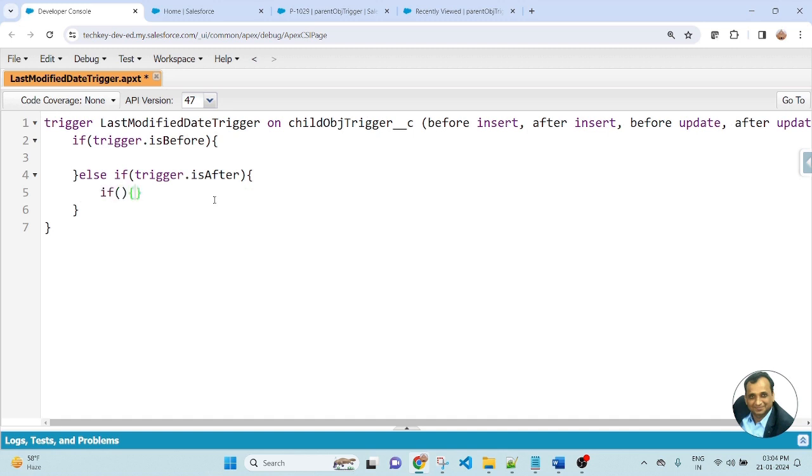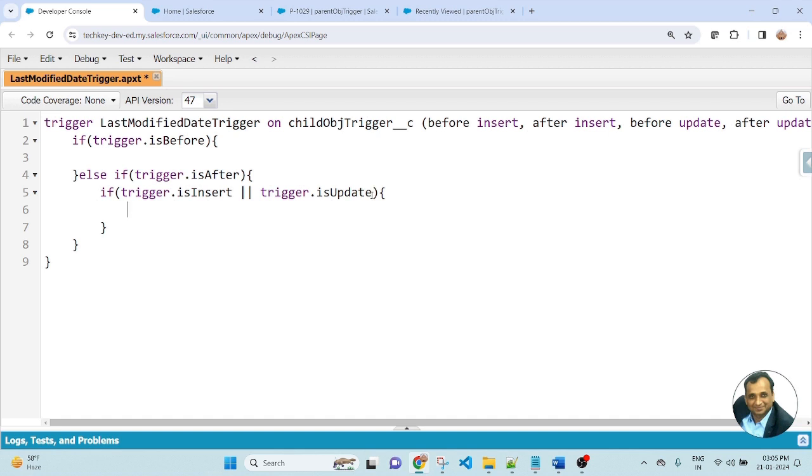So inside the after, I will add a context variable: if trigger is insert or trigger is update. Here I am mentioning the context variable of the Apex class trigger. Inside the context variable, I will write the business logic.